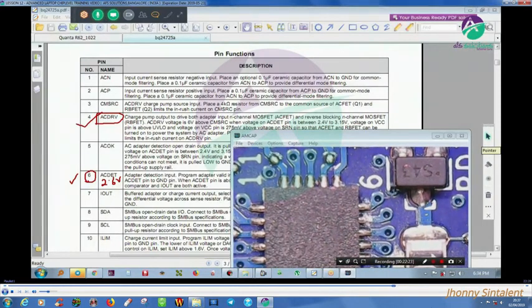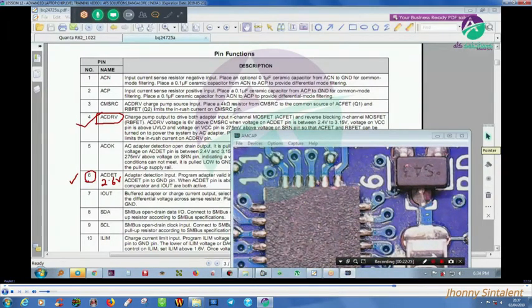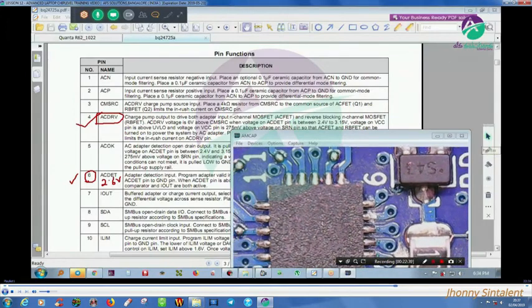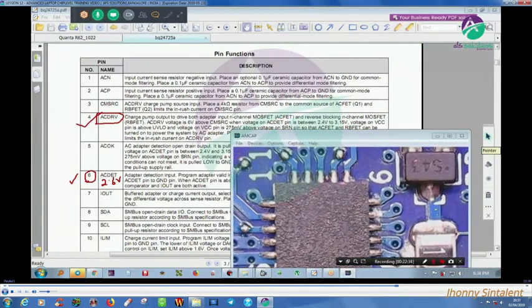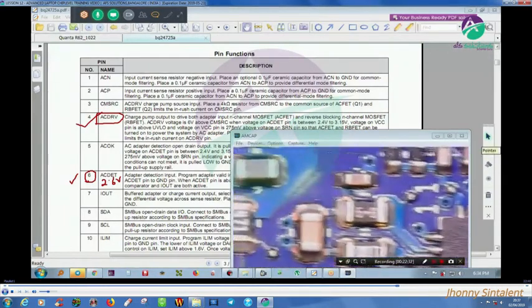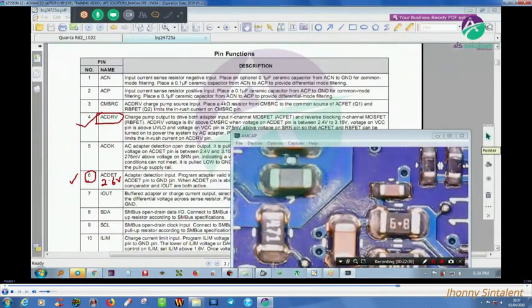So when I check here for the voltage, no voltage. Standby 5 volts is okay, 3 volts is also okay. Anyway,